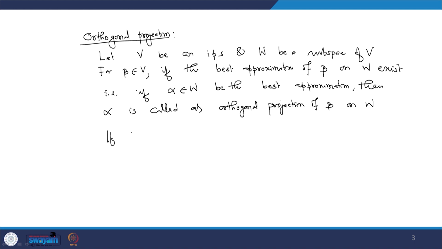If for each element of V the best approximation on W exists,